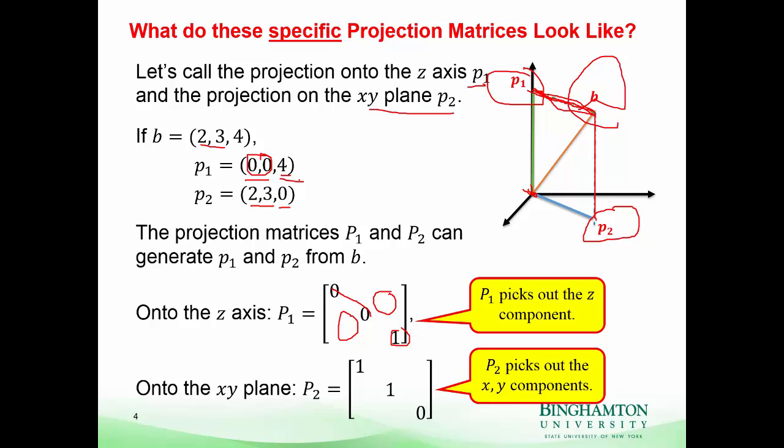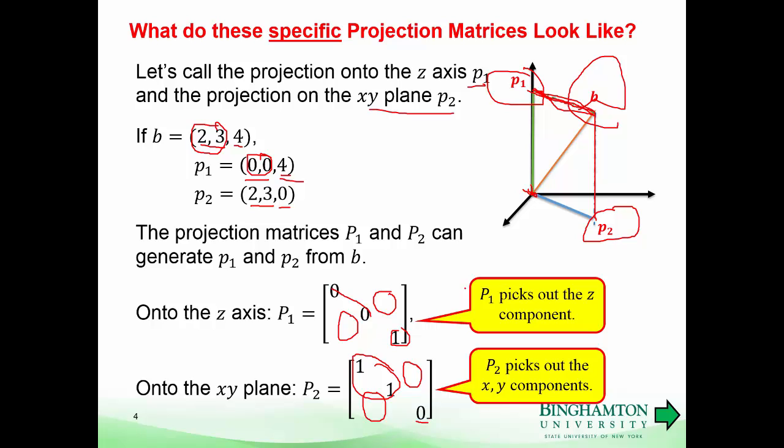Projection onto the XY plane, pretty easy to pick out too. We need to keep 2 and 3, but zero out 4. So we keep 2 and 3, and we zero out the third element. And again, obviously there's zeros out here as well. So for that case, it's pretty easy to look at the scenario and figure out what the projection matrix needs